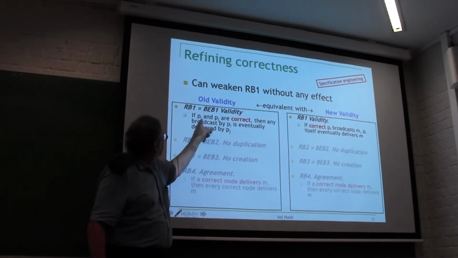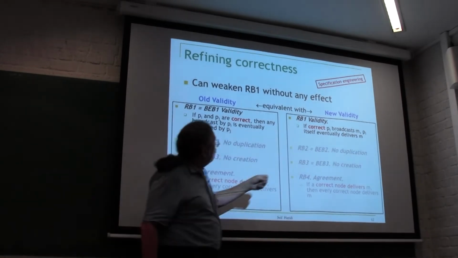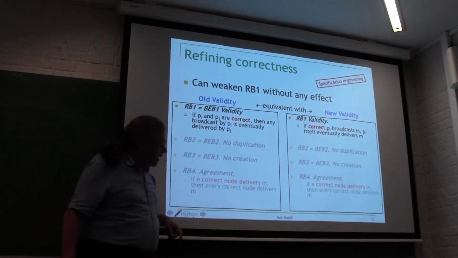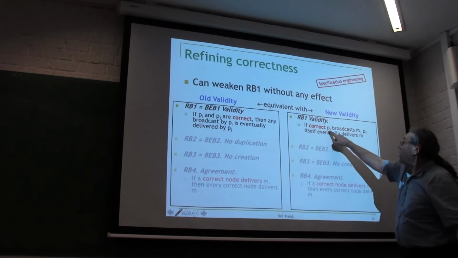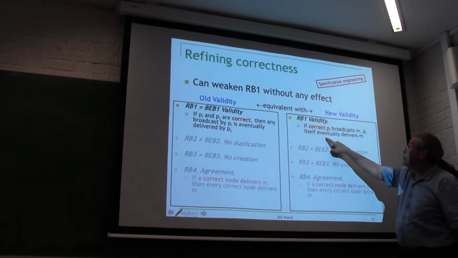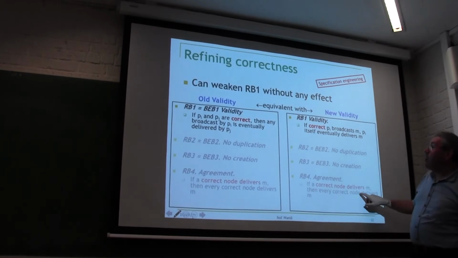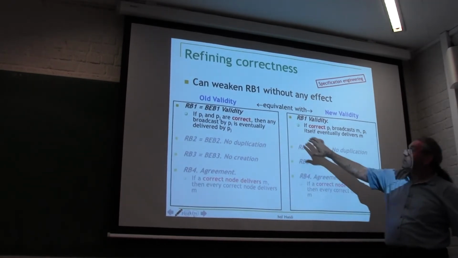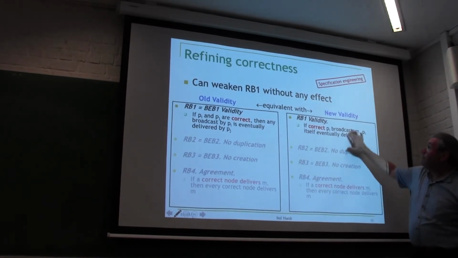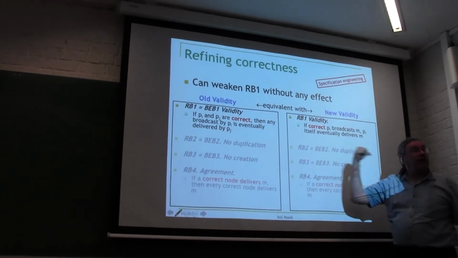So here we have two nodes in the if condition. That's kind of complicated. It would be nice to have only one node in there. Okay, you see, here we have two. So we can actually say, if any correct Pi broadcasts M, then Pi itself will eventually deliver. So if you combine this with 4, you know that all the correct nodes will get it. You can see that it's equivalent to this one, if you combine it with 4. So 1 and 4 after is equivalent to 1 and 4 before. That means it's if and only if.